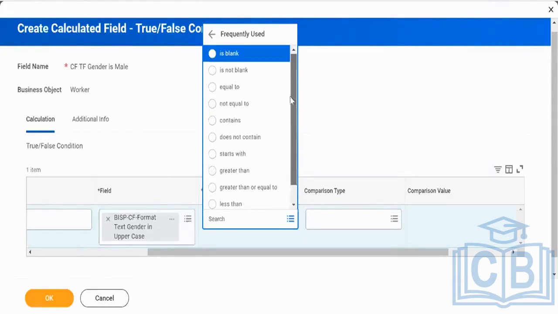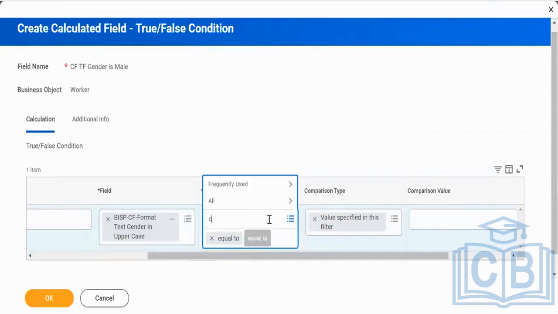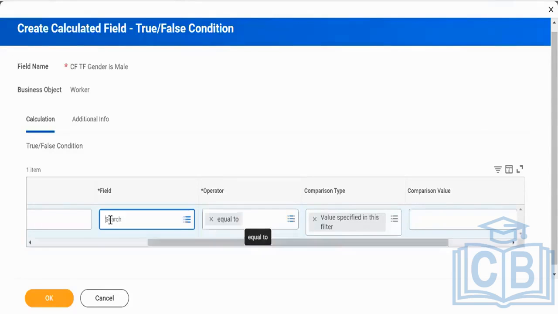But here you select equal. For a text field we have the option of equal to, not equal to, or contains. Contains is like where employee ID like '1 to 3%', as we use in the SQL query. It will select all the employees having 1 to 3 in their employee ID. For our case,